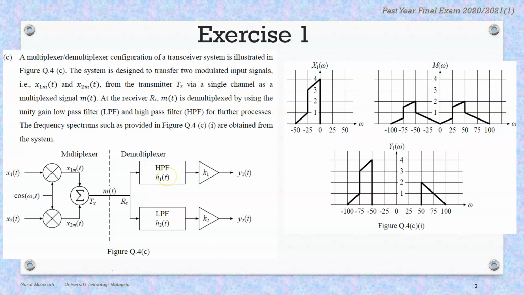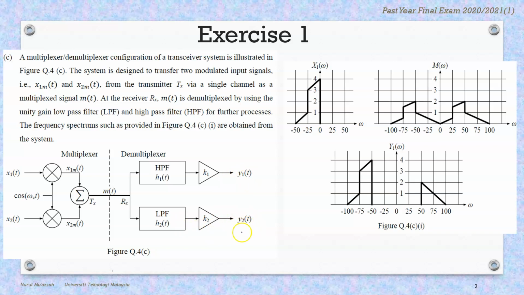The first one is the high pass filter, and the second one is the low pass filter. Basically K1 and K2 are the gains for the HPF and also LPF,